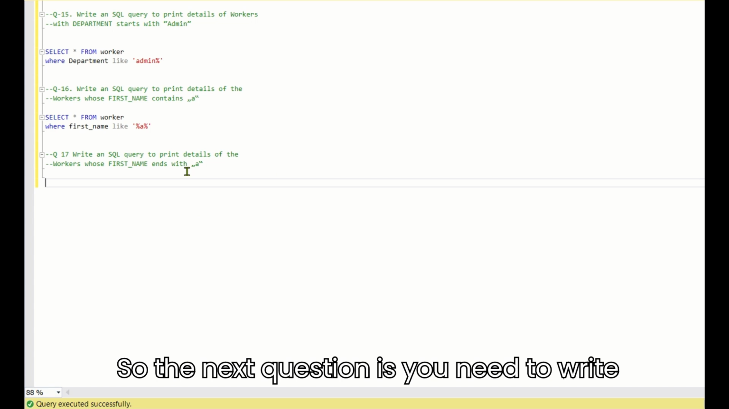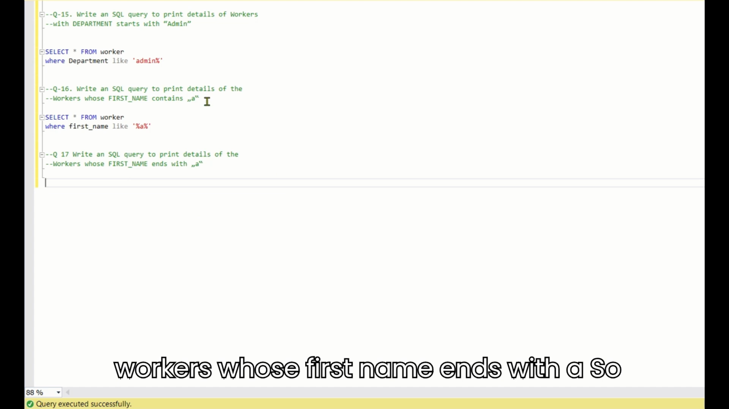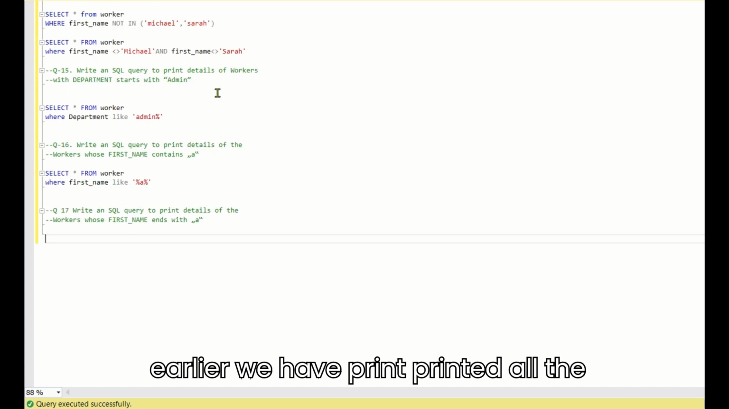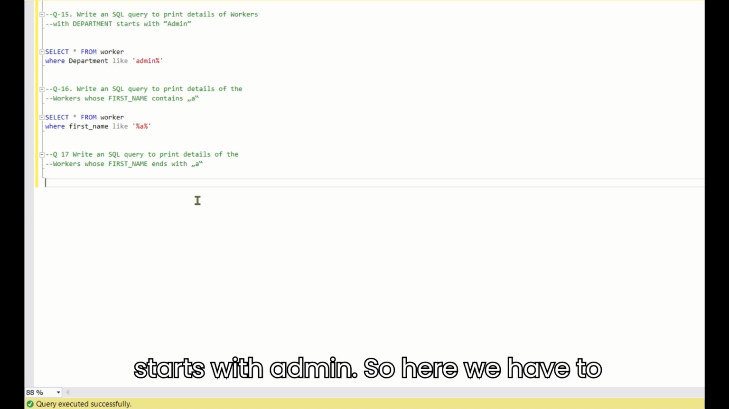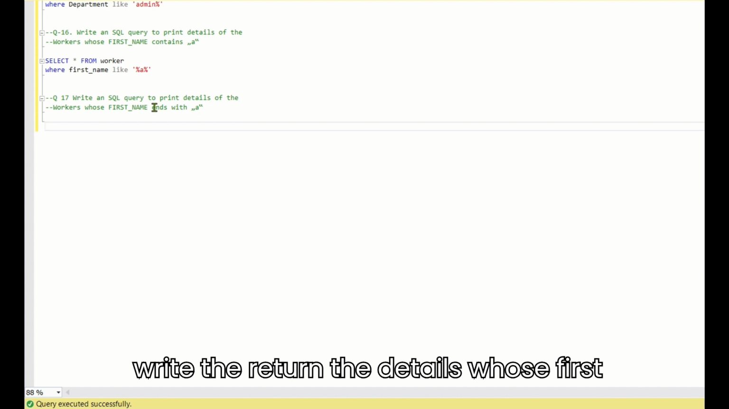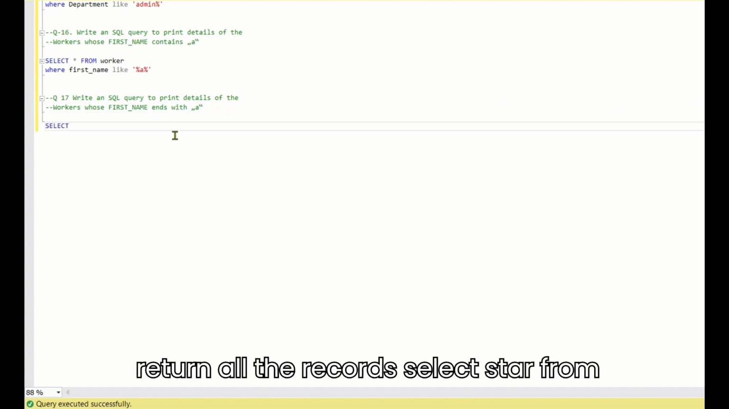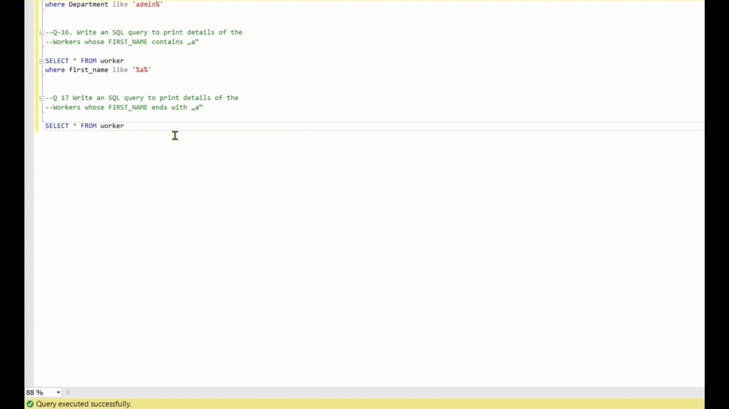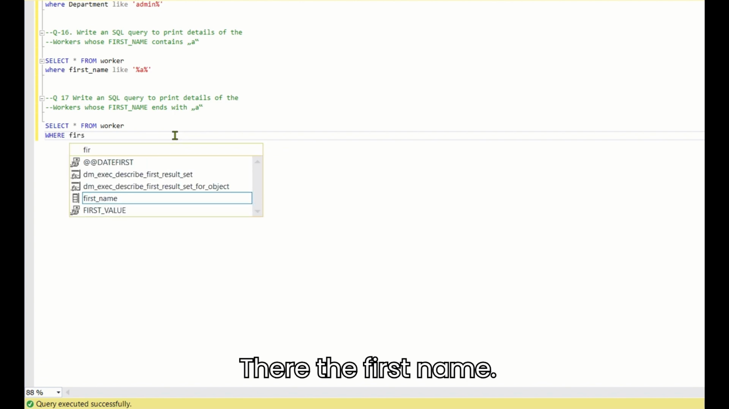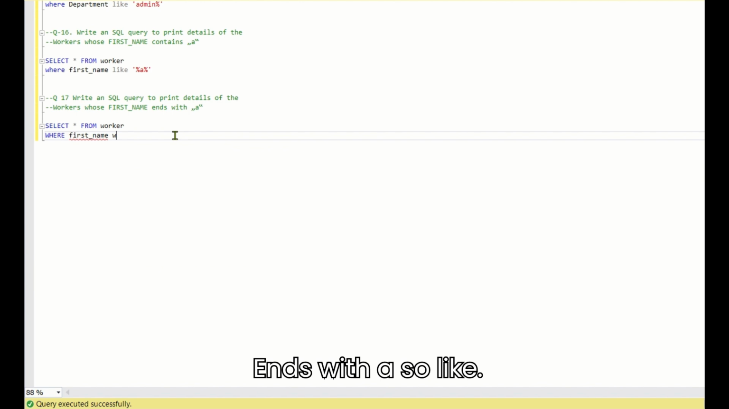So the next question is, you need to write an SQL query to print details of the workers whose first name ends with A. Earlier we printed all the details whose department starts with admin. Here we have to return the details whose first name ends with A. So same, first we'll return all the records, select star from worker, where the first name ends with A, so like